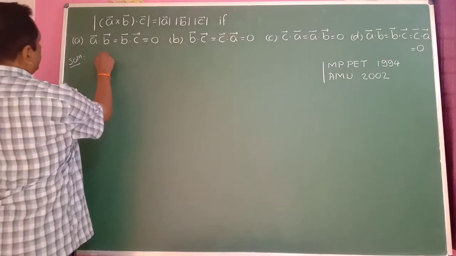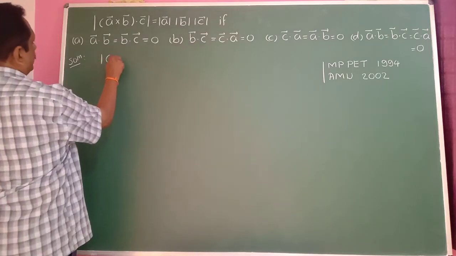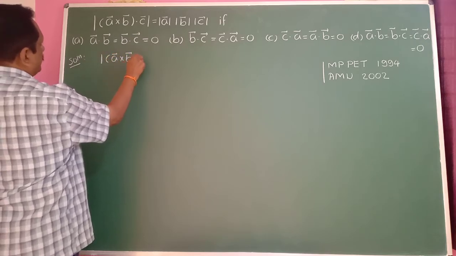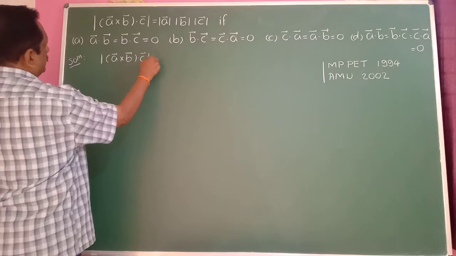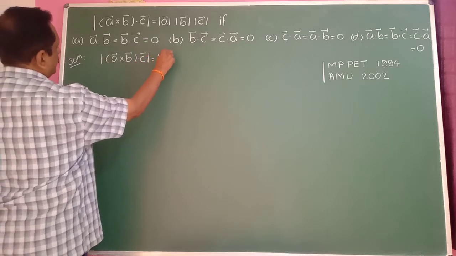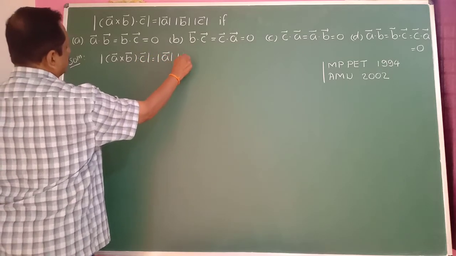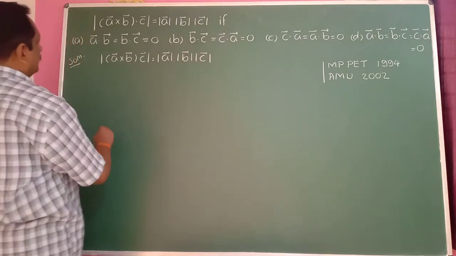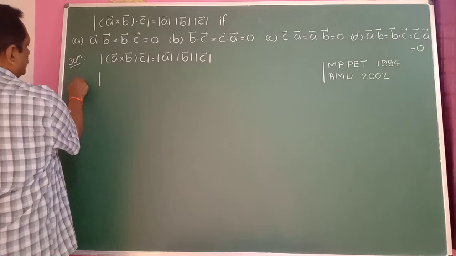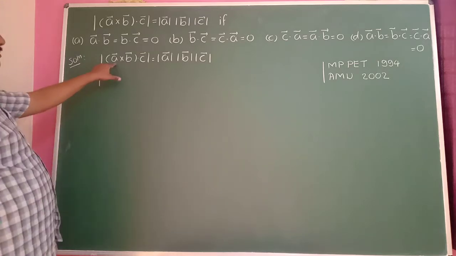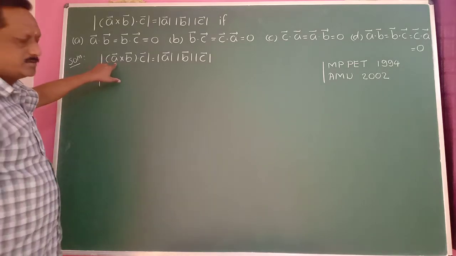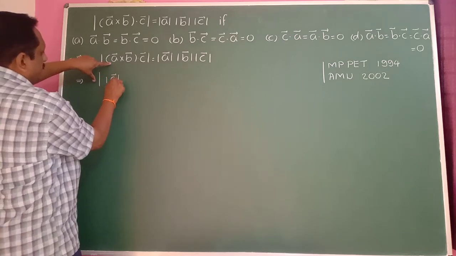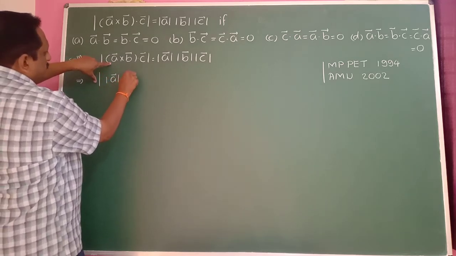So this implies here A bar cross B bar. Use the definition of cross product here. According to the definition, modulus of A bar into modulus of B bar into